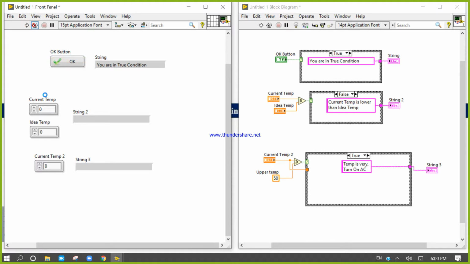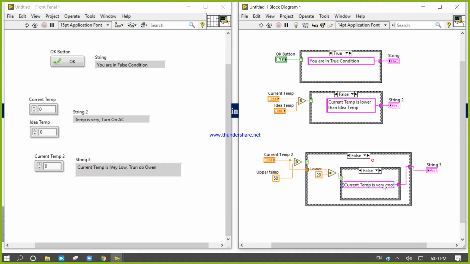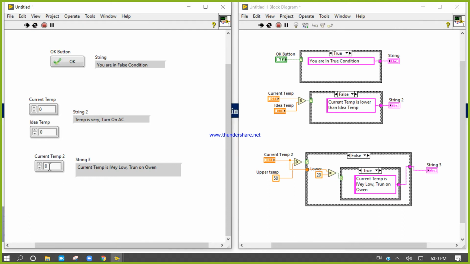Now let's check. Run. Turn on. Because the current temperature is 0, it is very low. Spelling mistake again, very low.